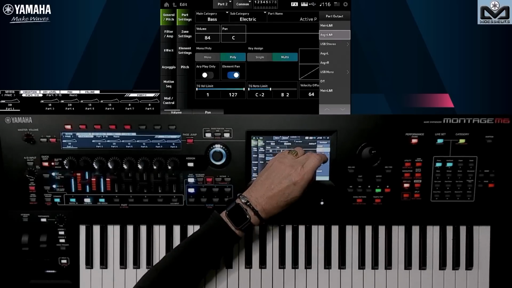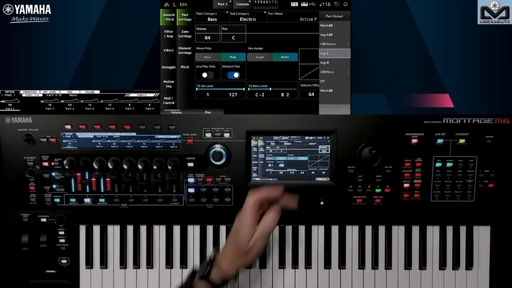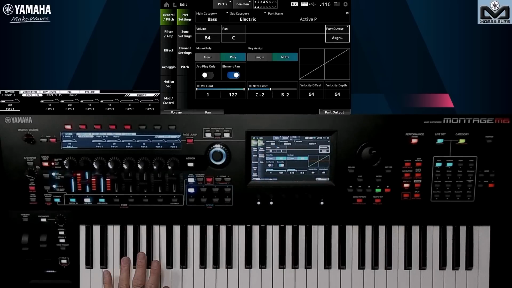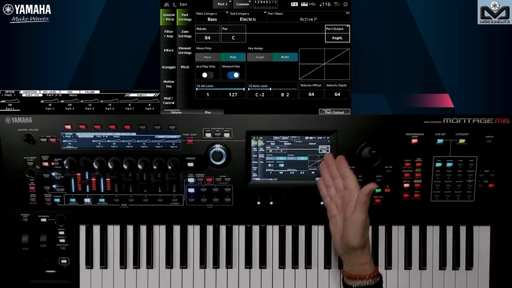I'm going to set my bass on assignable left now, so you'll only hear it on the left side. For the second example, what can an assignable output be used for? Well, for example, if your drummer works with clicks, you don't necessarily need a dedicated tablet or dedicated gear.